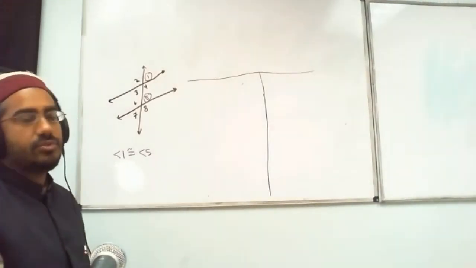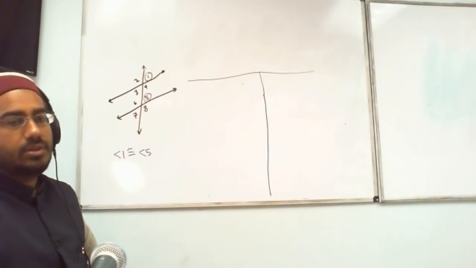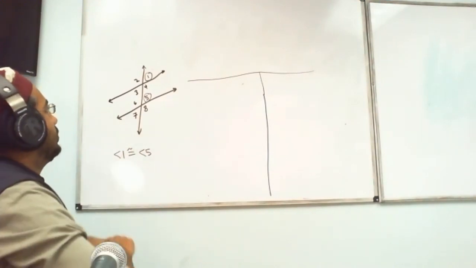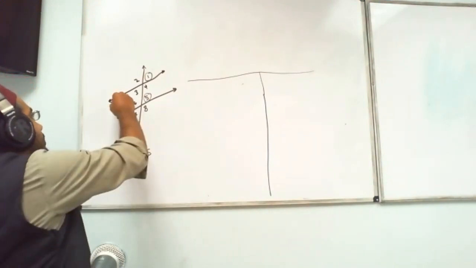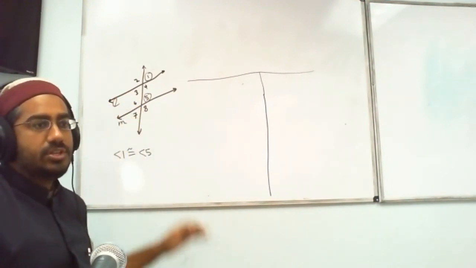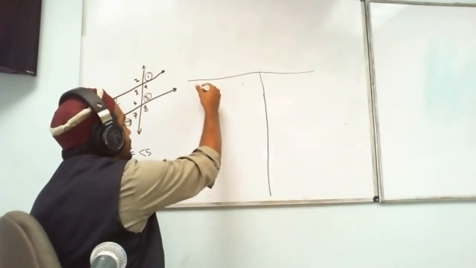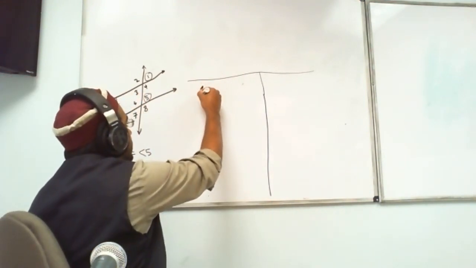All right. So first of all, I'm going to write down the different things that I know. So I know that these 2 lines, let's call them line L and line M, are parallel to each other. So I'm going to write that down. I'm going to put line L